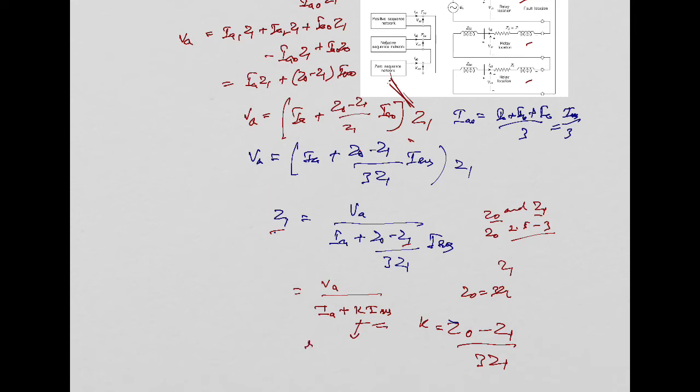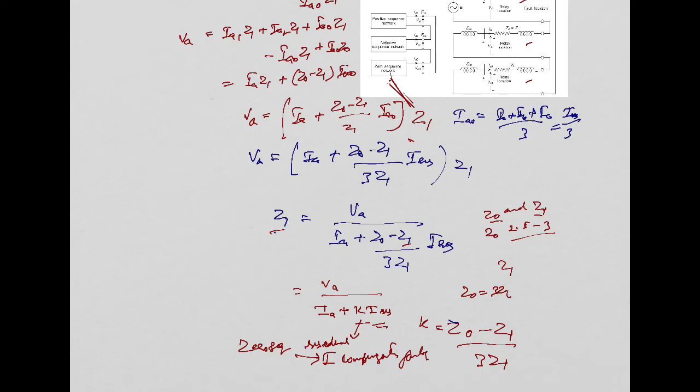So this is known as the residual current compensation factor, or the zero sequence current compensation factor. Therefore, the three distance measuring units with inputs,